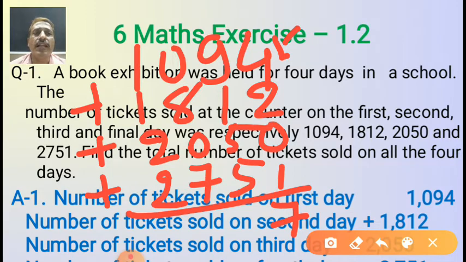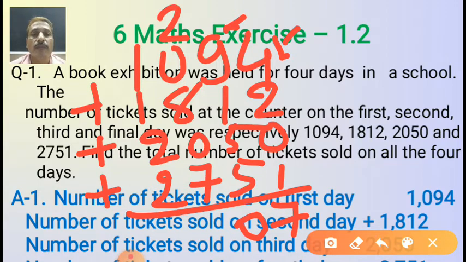Now come to the 10's place. This is our 10's place, student. The 10's digit is 9. 9 plus 1, 10. 10 plus 5, 15. 15 plus 5, 20. Keep it in your mind, 20. Where do we have to put 20? Downside. So here we put 20. 0 is here and 2 is the carryover. 2 is the carryover. Understood?